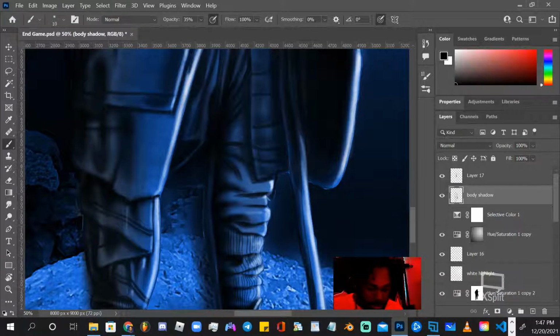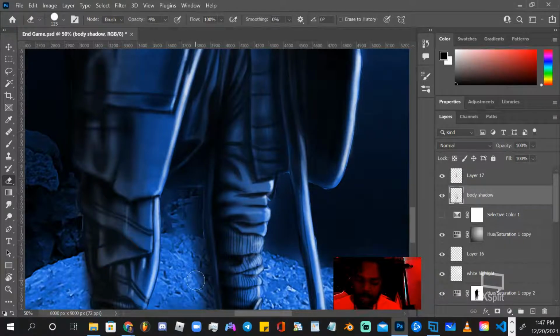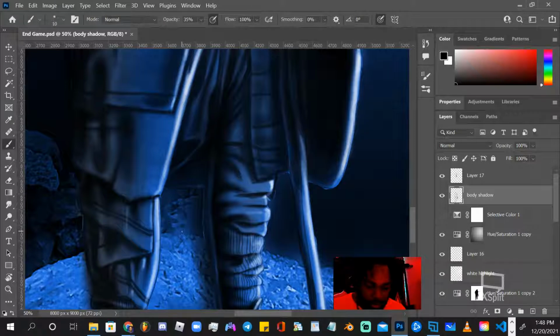Let's see. So that's one of the things about having so many layers. You be trying to erase stuff, but you really can't, because you got too many layers going on and you don't know what's what.